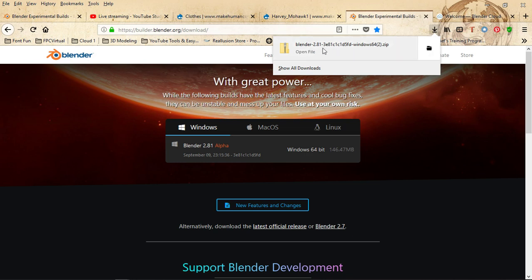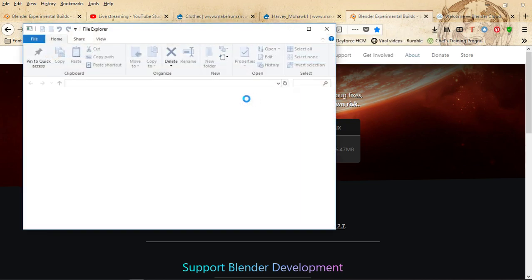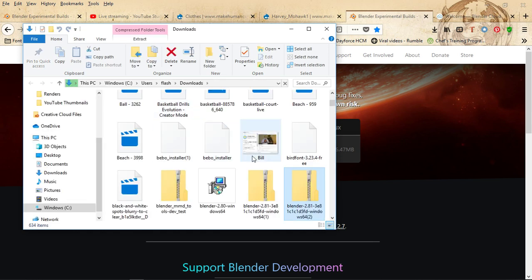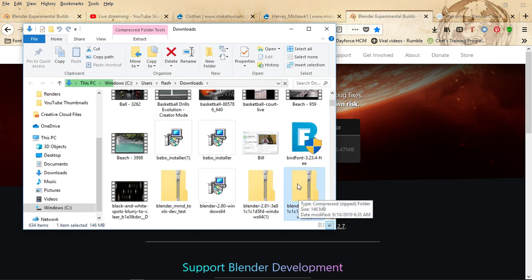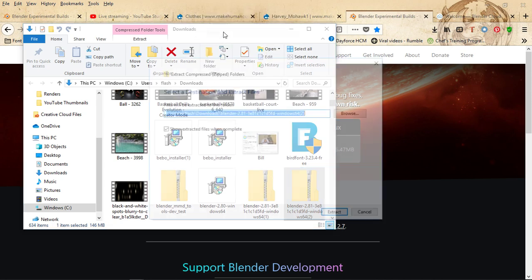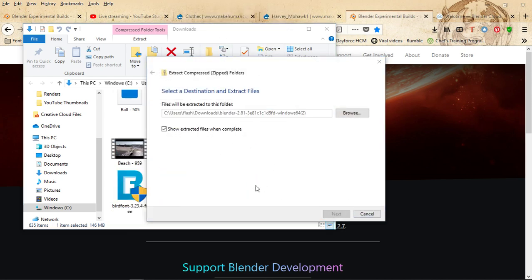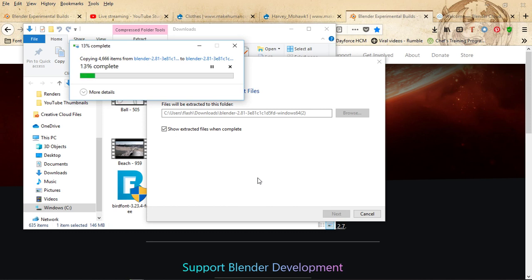But let's move on. Let's go on to Blender 2.8 and try to open it up. So we're going to go in, and hopefully I don't experience any more crashes on my PC while I'm doing this. I just finished the download from the download section of my web browser, Mozilla Firefox, and now we're going to open this zip folder by extracting it. I pretty much run through all of this for those who are new to Blender or any other software, since we don't know who is brand new to all of this. We're going to extract it and send it to my download section, and then move it to my Blender folder on my computer, because I created a Blender folder